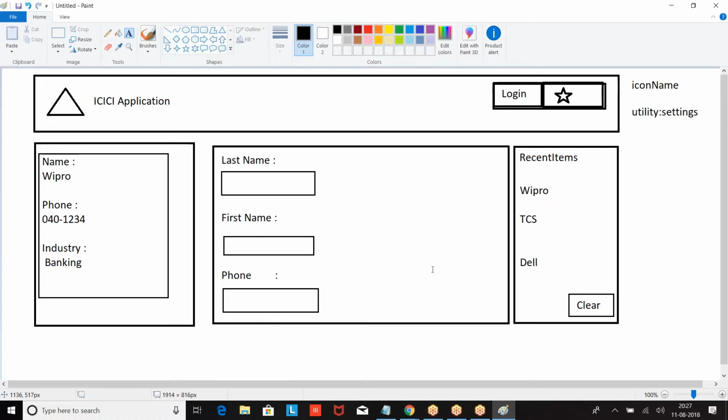Can you build this? Can you build this? Right, boss? Right. Take the structure. I'll give you one more requirement. Now if you start writing,